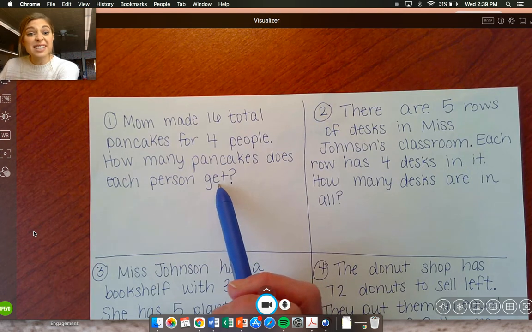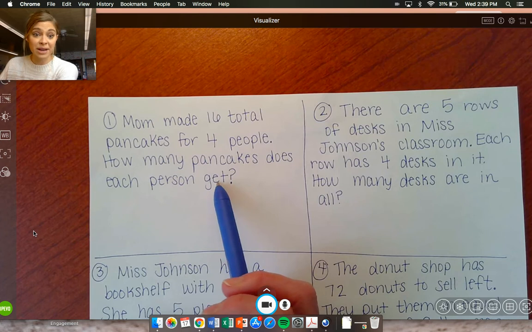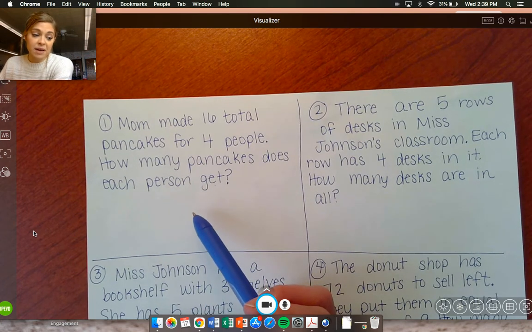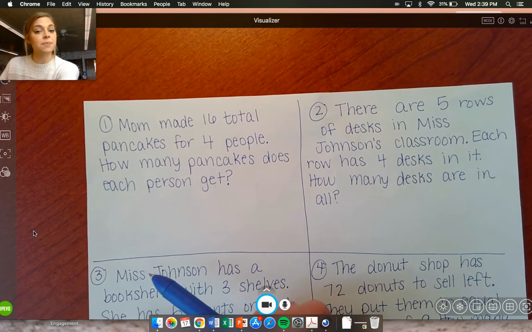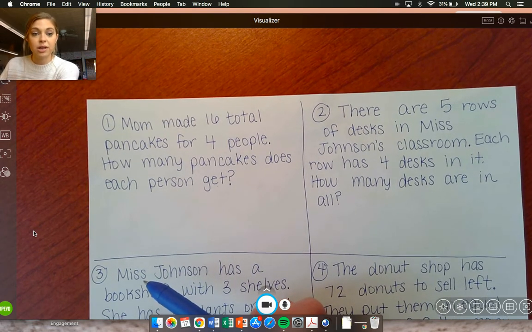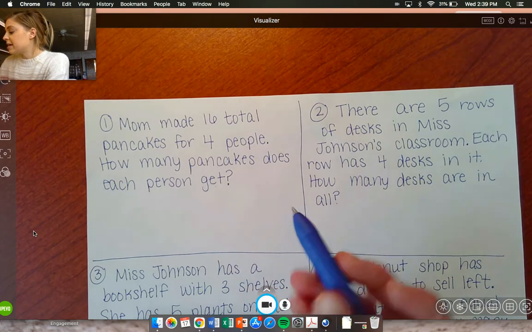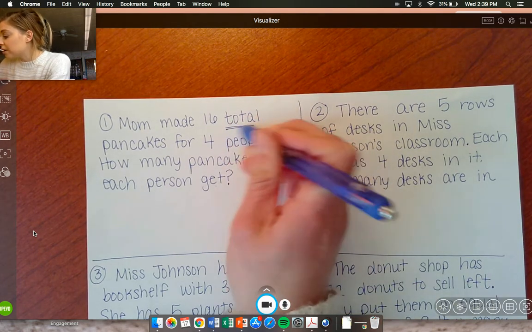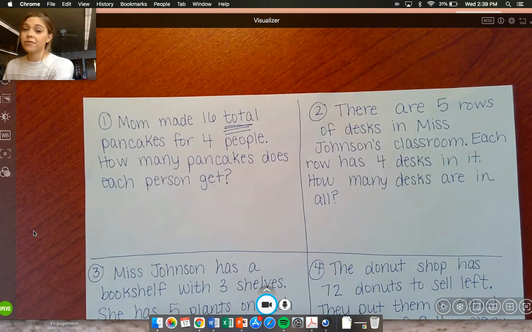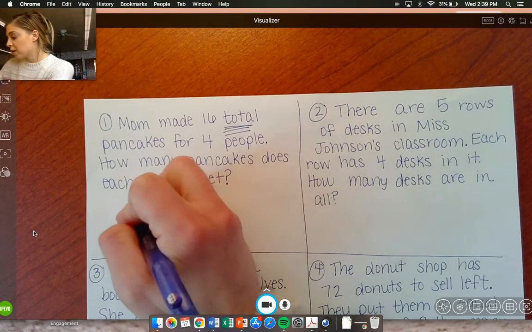So first I have to decide, do I have to multiply or divide in this problem? And I can also draw a picture. Sometimes drawing a picture might be easier. Sometimes you might think that might be more work. It just depends on what you want to do. So we see that Mom made 16 total pancakes for 4 people. So if I have 4 people,